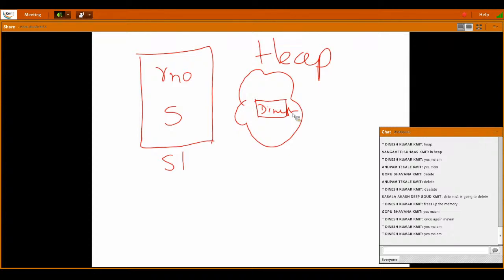Now, as S is equal to new character of 7, as Anupam already told you in the chat box, S is pointing to Dinesh. Dinesh is in heap. Actually, the name is in heap, but the pointer is in stack. Yes, exactly, Subhas. So whenever I say delete S1,